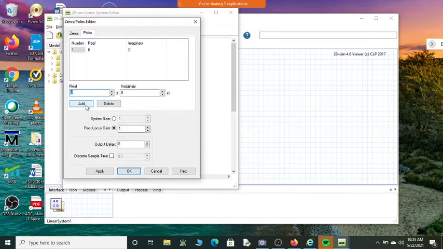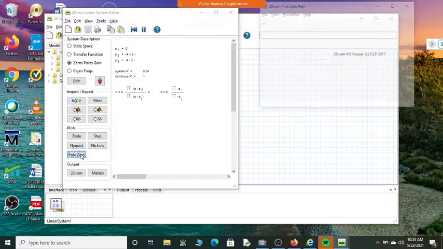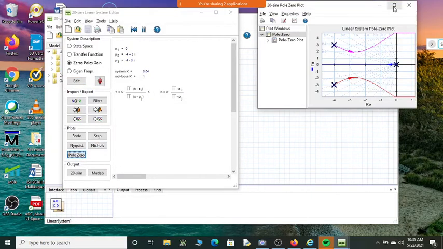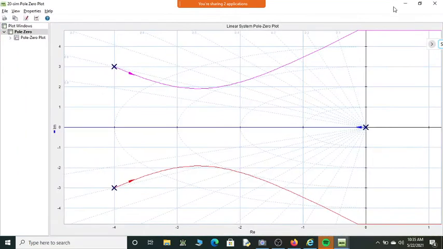Is one of the poles at the origin? How about the other pole? The other pole has minus 4 on the real axis and the imaginary part is 3. So plus or minus is already there. Then I say apply. Okay. Go to the plot. There. Is it there? This is 0 degrees. Is it minus 53? Actually, according to our earlier one, it went like this. So it is not going.